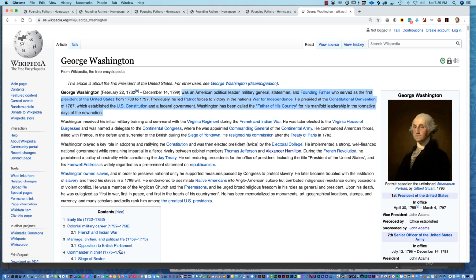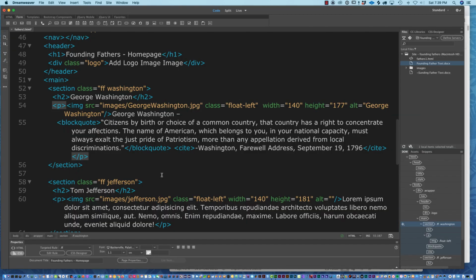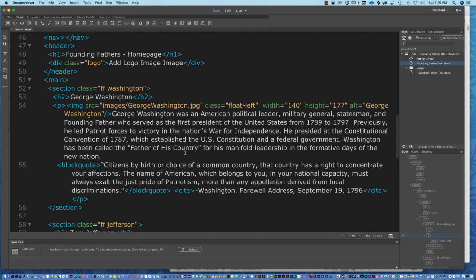Then we can jump back to Dreamweaver. You know how easy it is to jump back and forth. And we can copy and paste text elements from the web, from anywhere, and paste it right into our